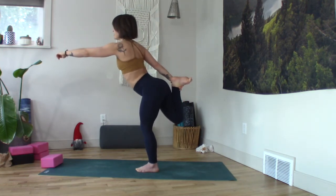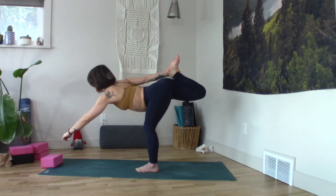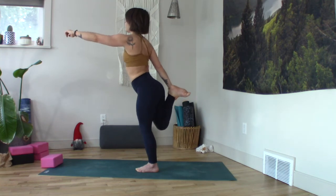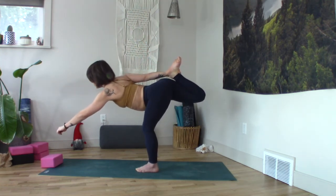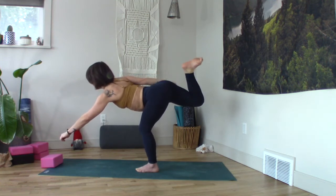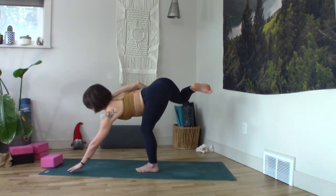The left toes are grounded. Down halfway. Kick into the hand to lift back up. Let's do half more to come down. Halfway, hold, with grace and with control, release your ankle, hug your right knee in, root your hips back, hands plant down to the mat,